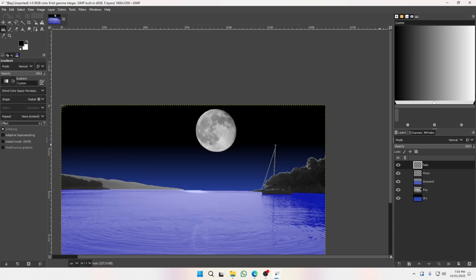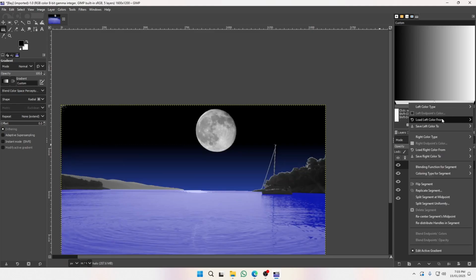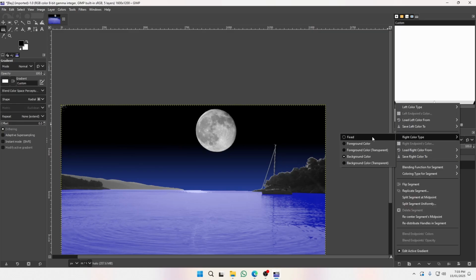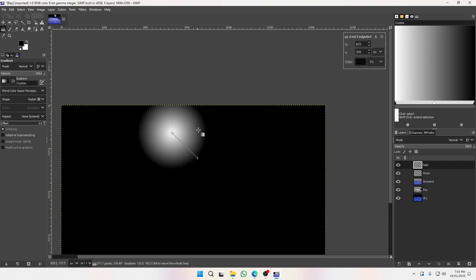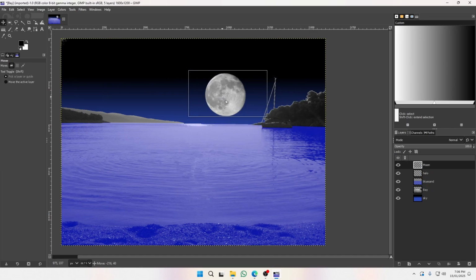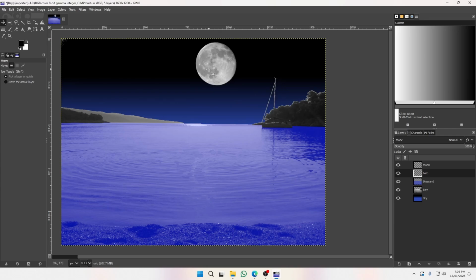Oh, we're gonna switch this though. Let's switch this. Left color type would be background, right color type would be foreground. So we have a radial of white. I'm gonna have a rectangle behind the moon, so then I'm gonna trick it so that it's as if the moon has a radial